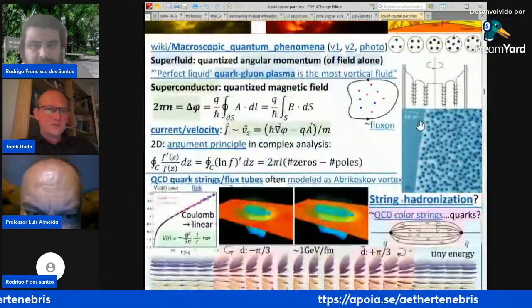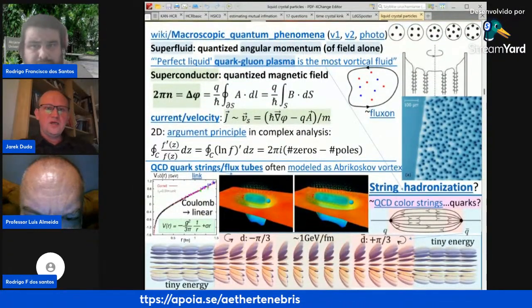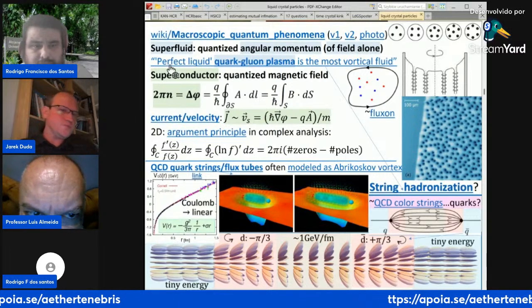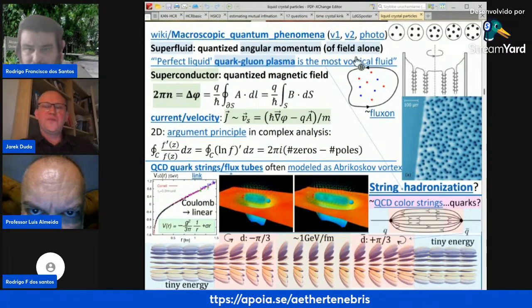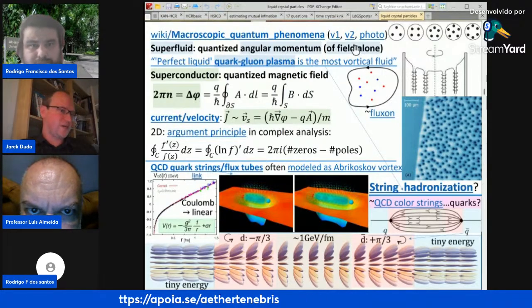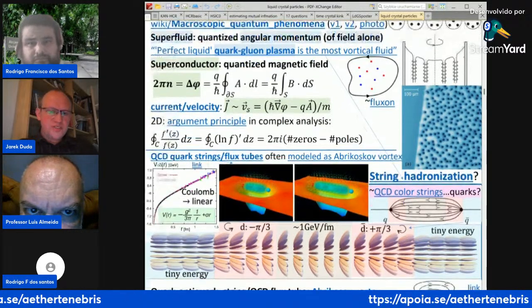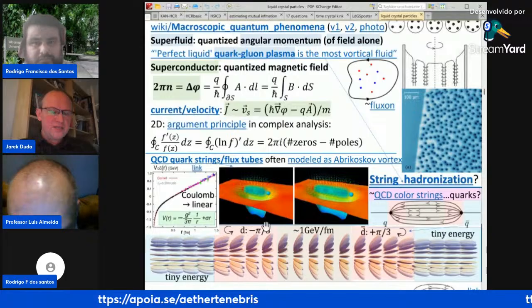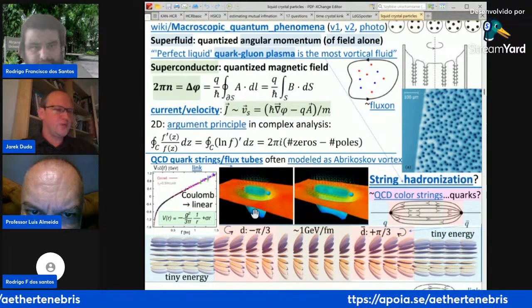Okay, so we need these topological vortices generally. Yes, called this Abrikosov vortex. So there is this perfect liquid, quark-gluon plasma, but many vortices are these quark strings. So here is this view on this quark-antiquark pair. Yeah, so we have this quark string as a topological vortex, and if we rotate this field, like here, this inward-outward